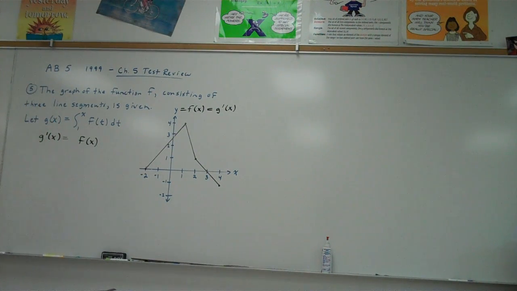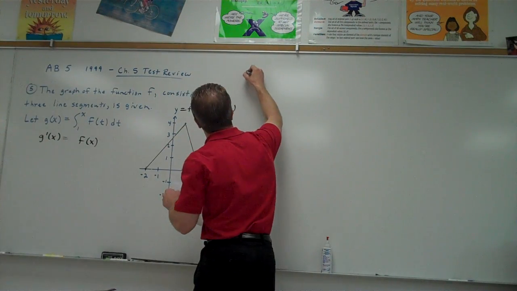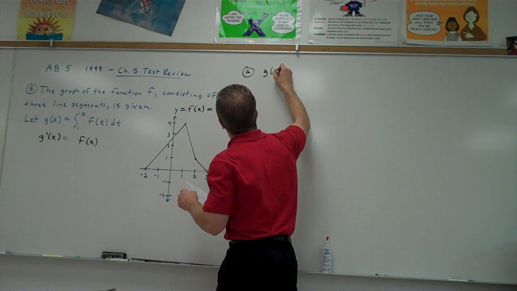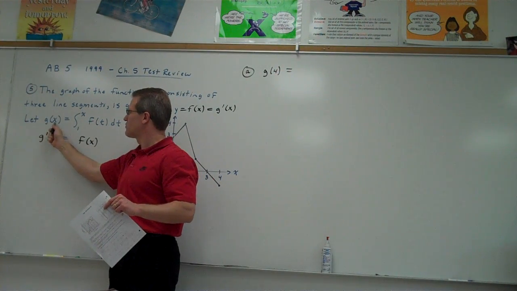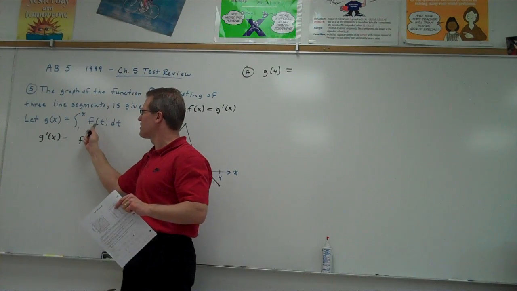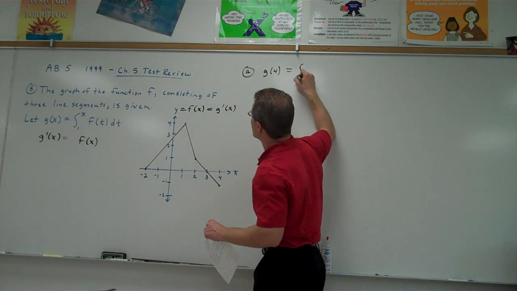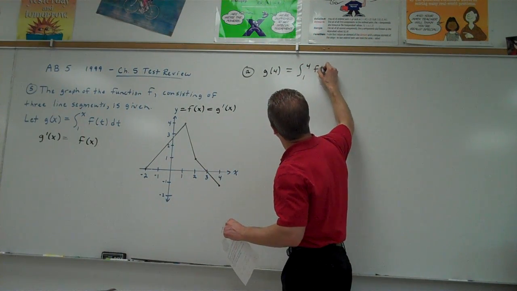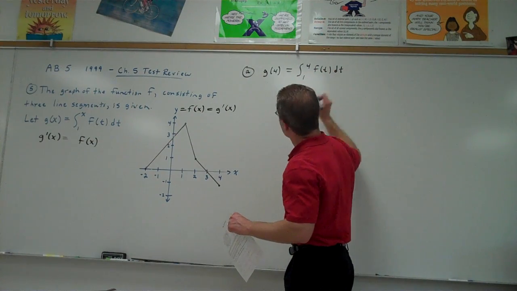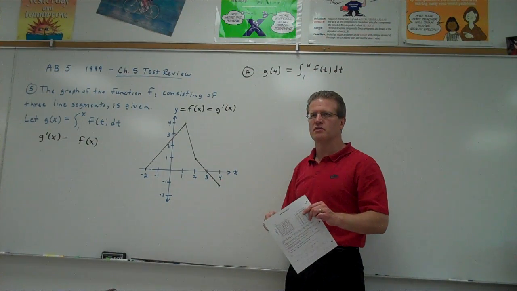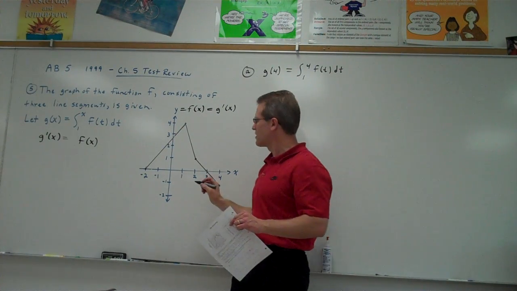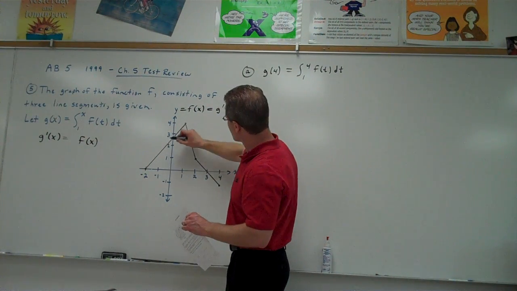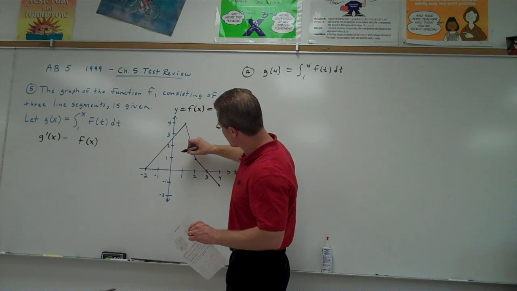All right, first part of the question, part A: compute g of 4. That just means plug a 4 into the equation. So g of 4 equals the integral from 1 to 4 of f of t dt. How are we going to look at this graph and get the integral? Area. Yes, the integral is found using the area between the line segment and the x-axis. So from 1 to 4,